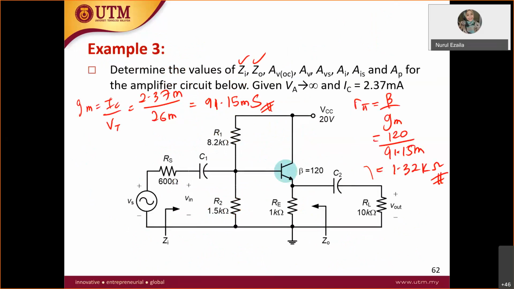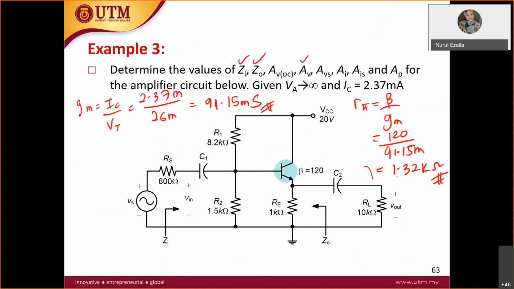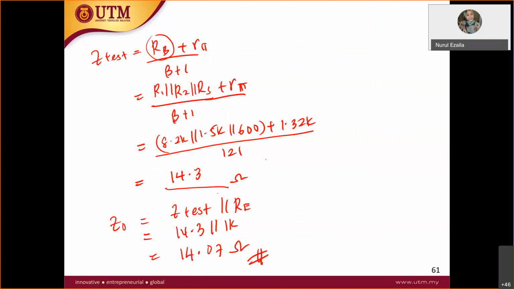I want to skip the AVOC. Can you do it on your own? So let's straight away do the AV. You can do it on your own and find the value over here. But I want to do the AV